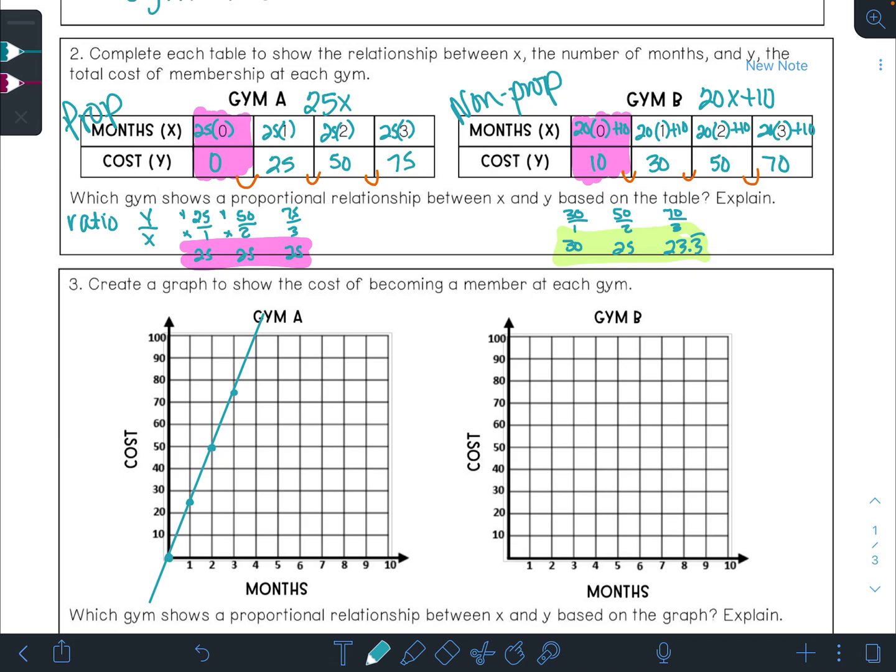So if I go and do my other graph now for Gym B, instead of starting when I'm at 0 months, it's going to cost me $10. So I'm starting at a little bit different of a place this time. When it's 1 month, it costs me $30. When it's 2 months, it costs me $50. 3 months, it costs me $70. So if I go to draw that line,